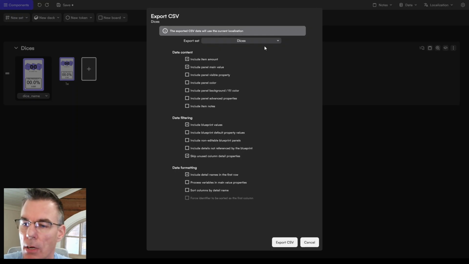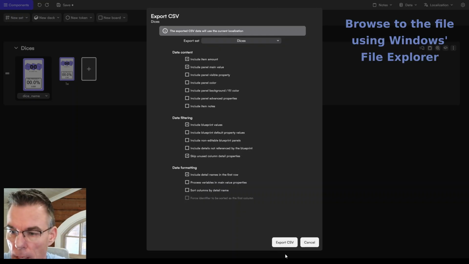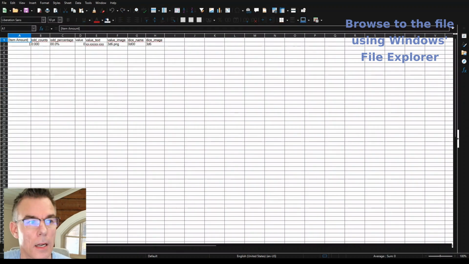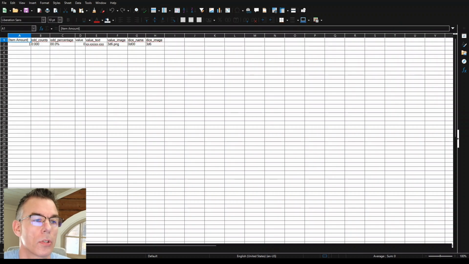So like right now, I've selected only the most basic information that I want to include. Then I just click export. Yes, like so. And this is all the card information we have here, and now I could use this file to add more information, more cards, more everything here.